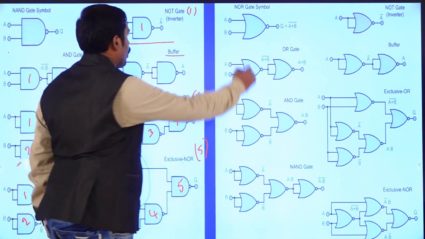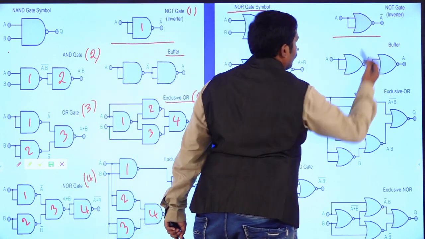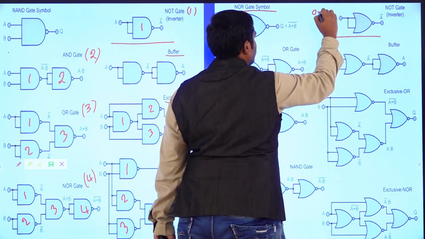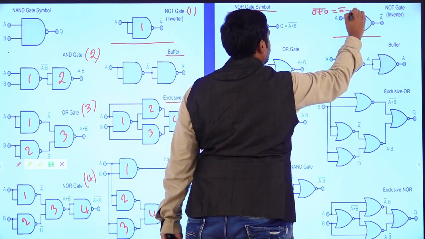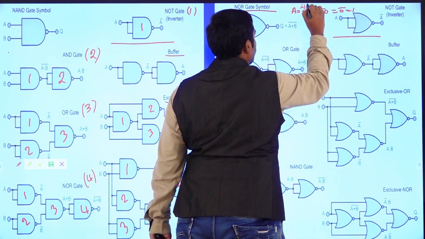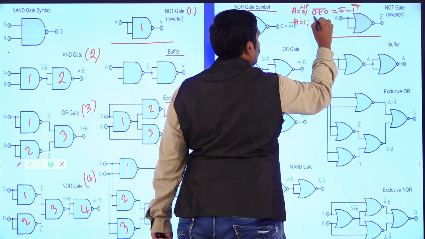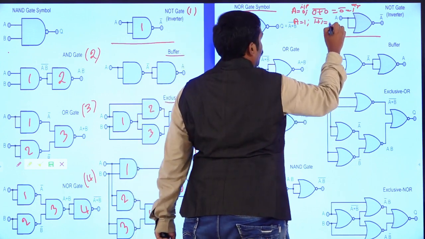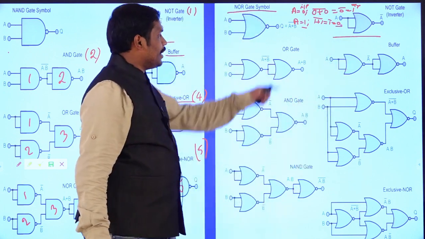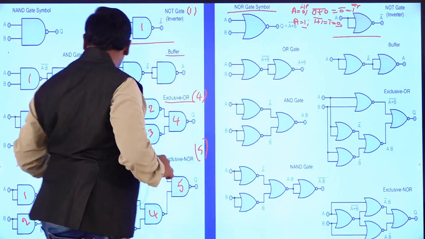And now coming to NOR. So NOR gate is also the same. Here also you can have the same symbol for the NOT, because if for example you have 0 plus 0 bar, which is 0 bar, which is equal to 1, which means if A is equal to 0, right. So if this is the input, this is the output, and for example A is equal to 1, you will have 1 plus 1 the bar, which is 1 bar, which is equal to 0. So if the input is 1, you are getting the output as 0. That is the reason why you consider even the NOT, right. So you are getting it, right.